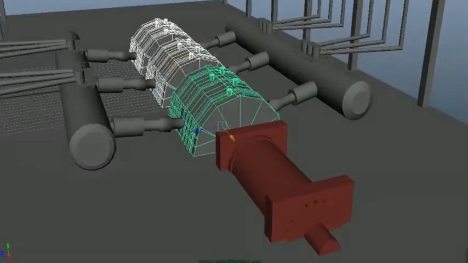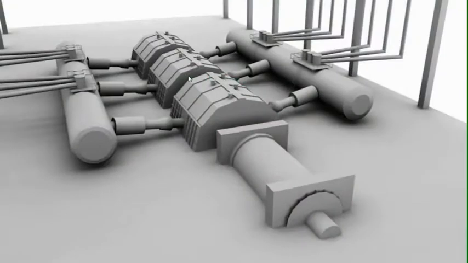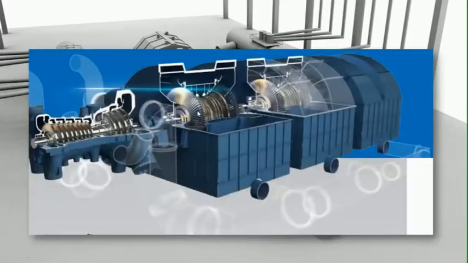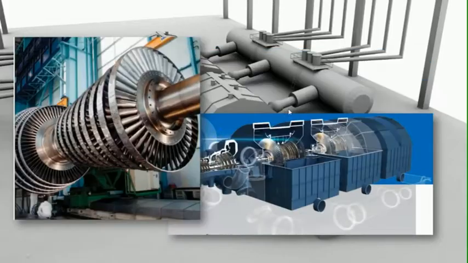The main reason for not constructing them as a single unit is that it is again a challenging task to transport them to the power plant at the time of installation. Inside the compartment, these units consist of these kinds of blades. So when steam hits the blades while entering the compartment, they start rotating and each blade transfers its mechanical power to the generator through a common shaft. As you can see here, inside the compartments, we have these kinds of blades.